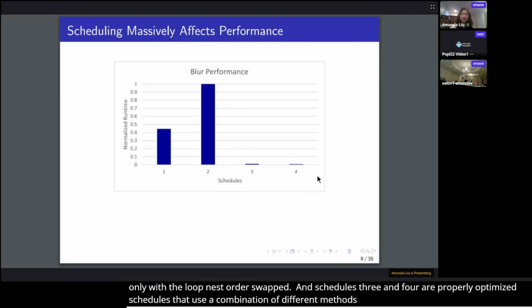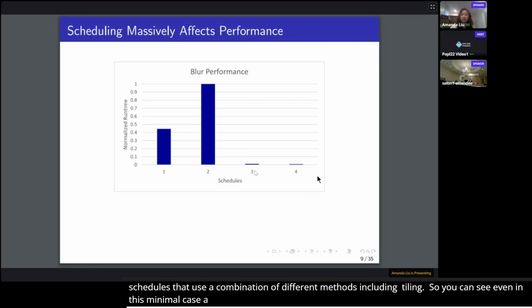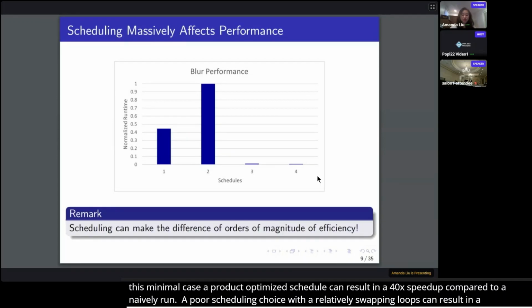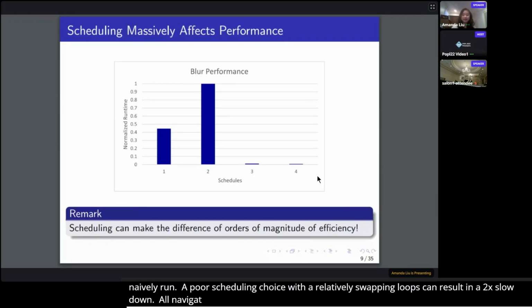So you can see, even in this minimal case, a properly optimized schedule can result in a 40x speedup when compared to a naively written run. And moreover, a poor scheduling choice with a relatively small diff of swapping two loops can result in a 2x slowdown. So, although navigating the trade off space of schedules is difficult, it's the key to writing fast programs.